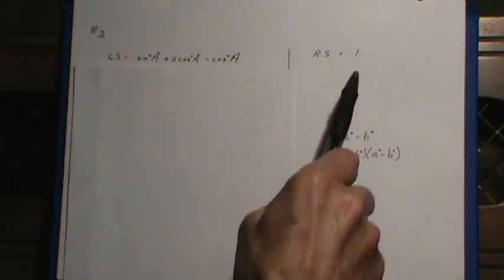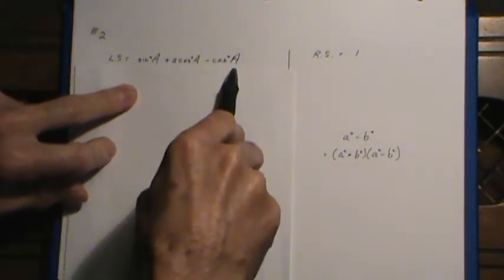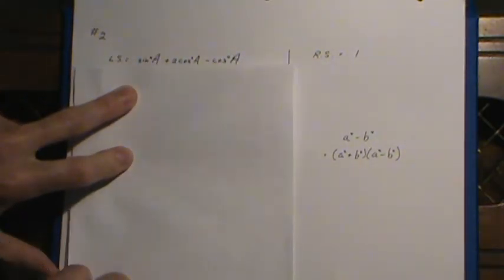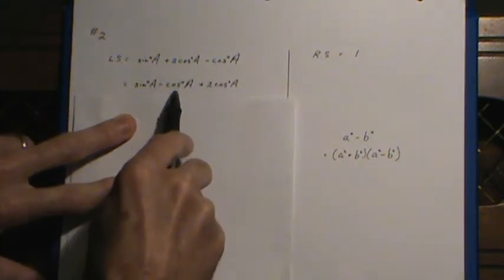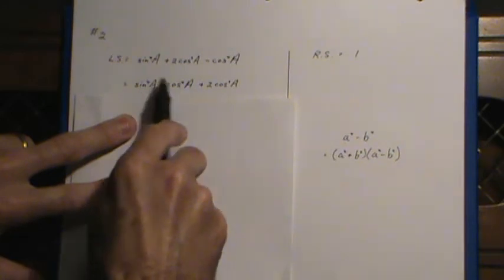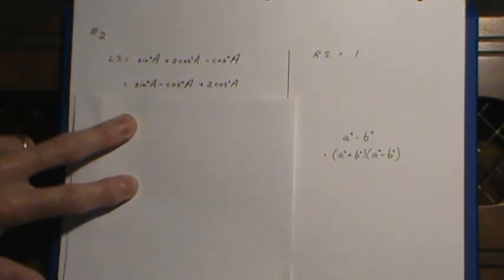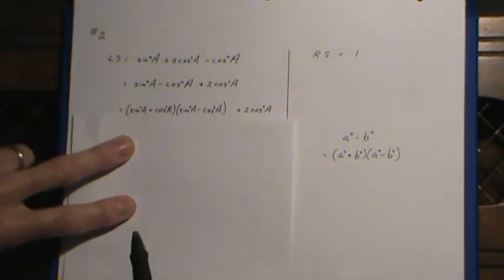Now, in this identity, we've got a 1 on the right hand side, so there's not really much we can do with that. If that was a plus sign, this could be factored, but the way it is here, there's no way of factoring that. However, if you move the cos to the fourth and put it over here, you've got a difference, actually a difference of squares. I know it's fourth power, but it can be treated as a difference of squares, which can be factored like this. Once I factor that,